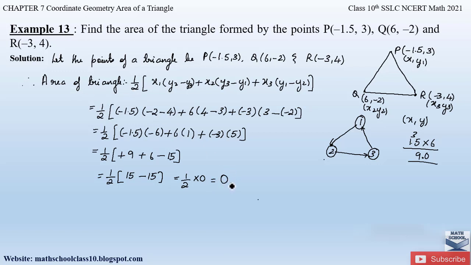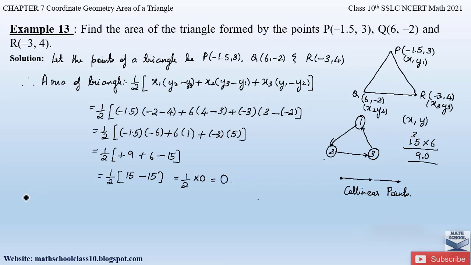0 square units. So when does this condition occur? Whenever all the 3 points are in a straight line. Obviously here there is no triangle formed, therefore there will be no area of a triangle, since all the 3 points are in a straight line. Since all the 3 points form a straight line, or they are collinear points, there is no triangle formed, and hence the area is obtained here to be 0.